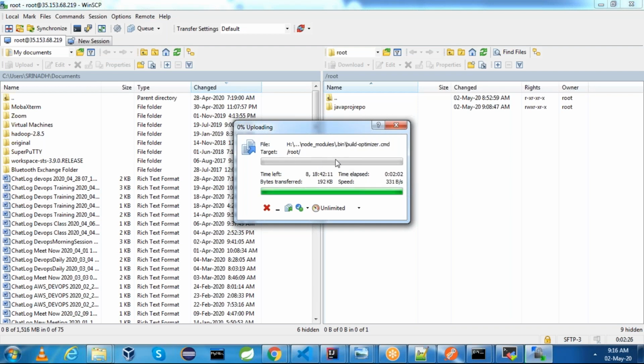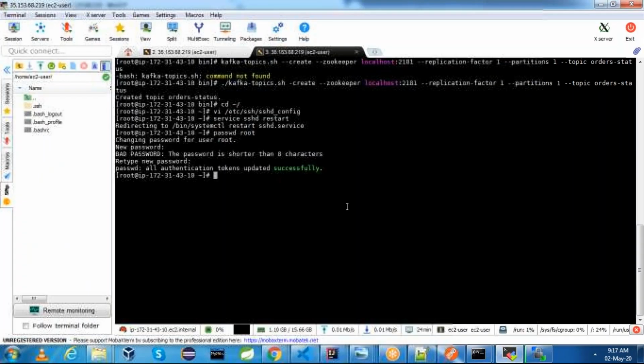It may take some time because this is a very huge file. In the meantime, I'll take you through the code, what exactly we have configured.